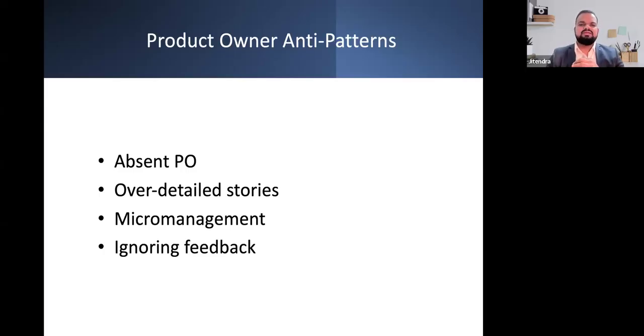One, the key aspect here is absent PO. Absent PO as in, as a product owner, I'm just coming as a guest in the sprint planning meeting and the review meeting, then I disappear. No, PO is a team level job role. So the PO must be very much approachable to the team. Why? Now imagine, let me start writing here.